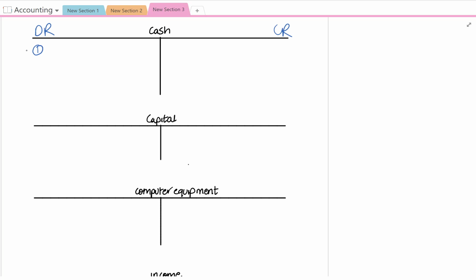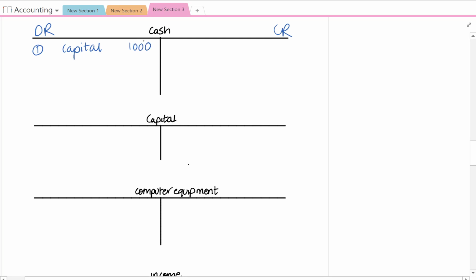This helps provide a clear audit trail of the transaction. In other words, a manager looking at this T account will be able to identify that the other side of this entry has been made to capital. So as you can see, my narrative there is the corresponding ledger to which this transaction belongs. And I'm going to enter the transaction there of